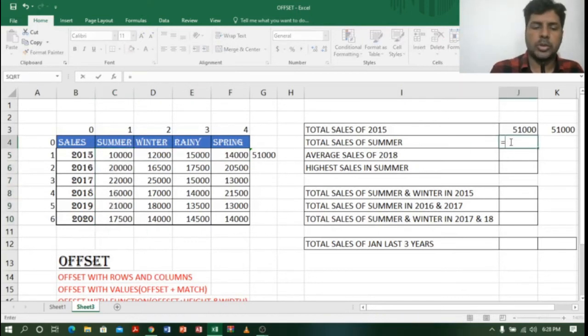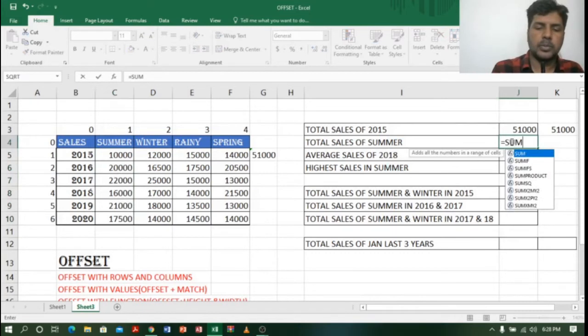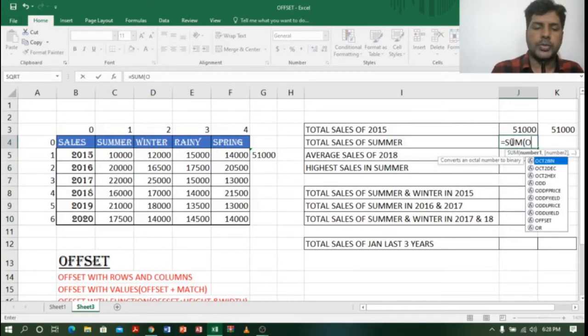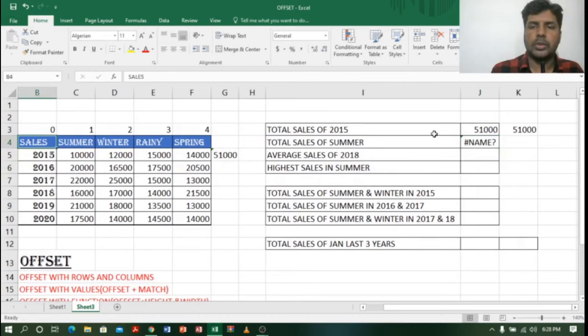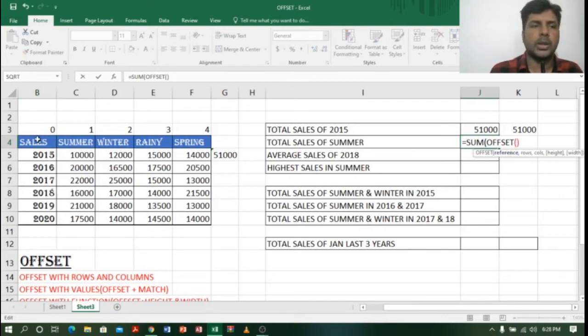I'll type equal to SUM, open bracket, again OFFSET. Let me move this side. Where do I have to select? Again B4, which is topmost. In the open bracket I will select B4, comma. Now which row, which column?